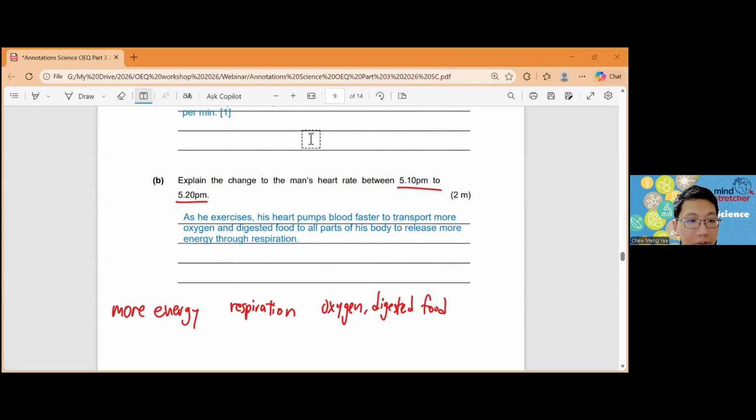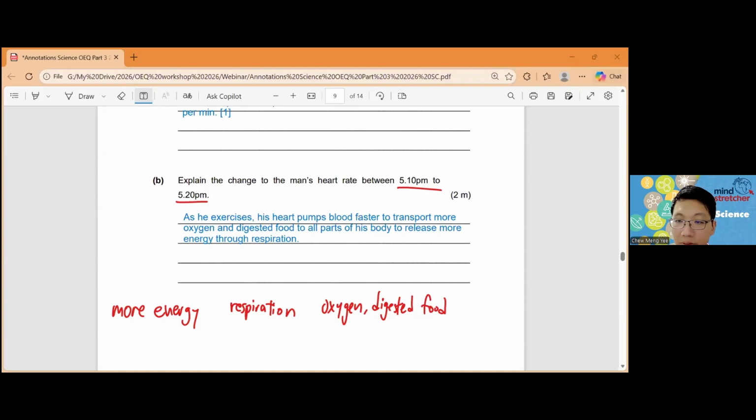P5 does not talk about heart rate. What do you mean? In P5, you will learn the circulatory system. You might not have learned about the circulatory system yet. Soon, you are likely to learn that, if you have not. Minute, you can write MIN. That is the unit for minute.